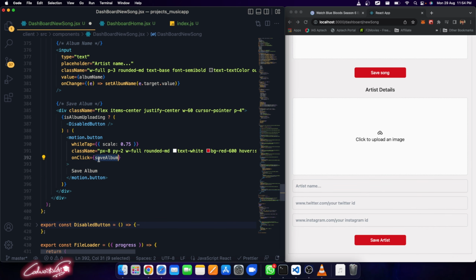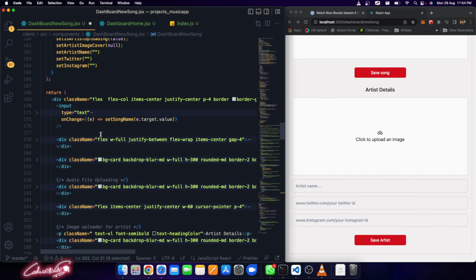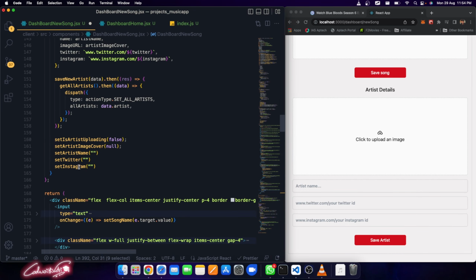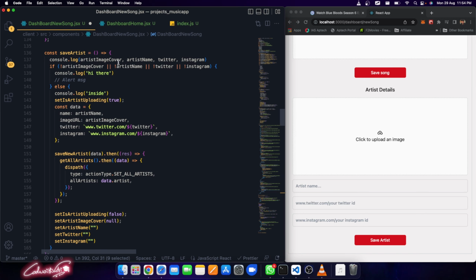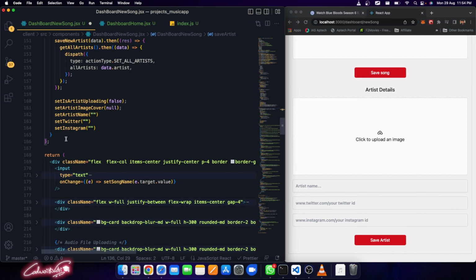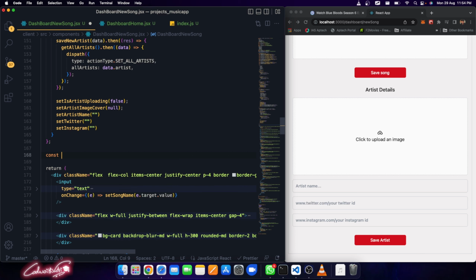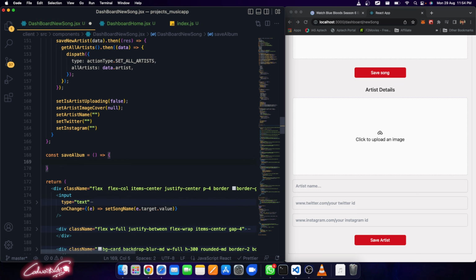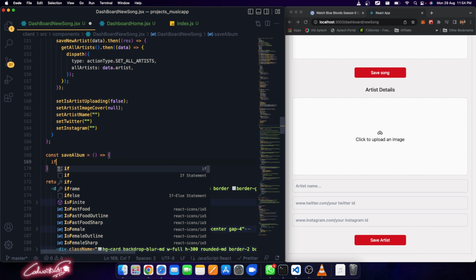So copy this. The method is not yet created, so it will throw an issue. So let's go ahead and create that method, then you can start writing that function. This method is going to finish over here. So const saveAlbum is equal to a callback function, and opening it. So I'm just going to say if